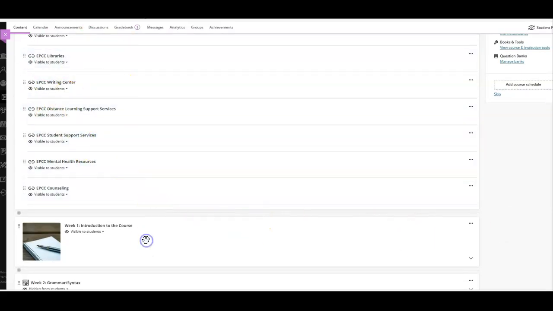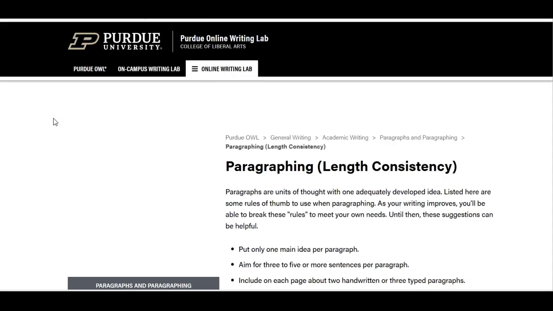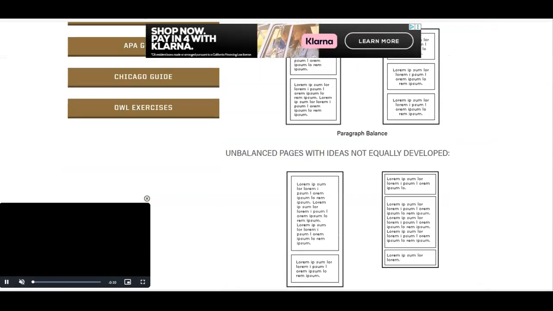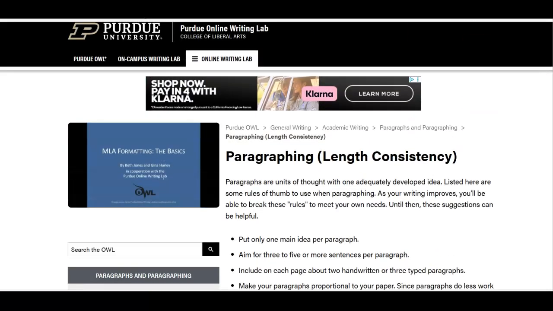Now, week one, there's not a lot of stuff in week one. Okay, we have this why read, which you need to read for your first writing exercise. A quick link to paragraphs. I'll post more about paragraphs next week, but this talks about paragraphing, consistency, length. Just a quick overview, okay? I know this is the first week. You're getting used to